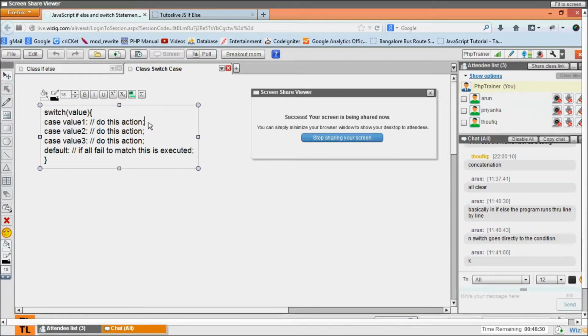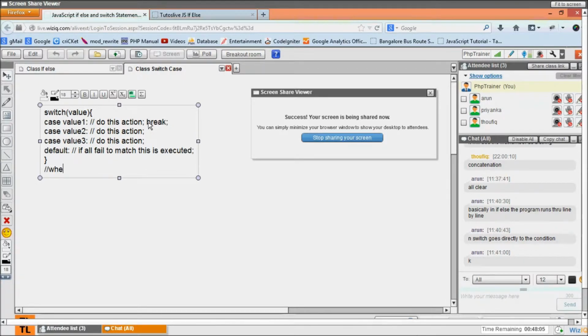So to manually terminate that flow, we have a keyword break. Break is a keyword used to break the flow of the code, like of the whole structure. The switch structure starts from this curly brace and ends at this curly brace. So wherever the script comes across break, it stops there and comes out here.